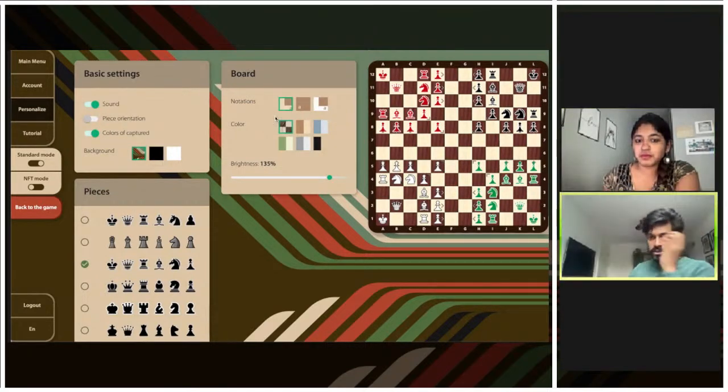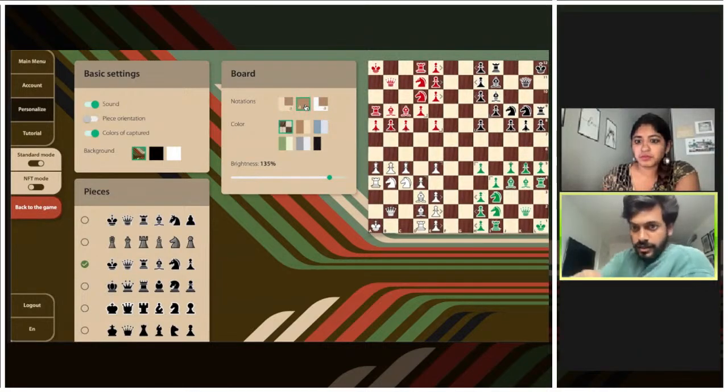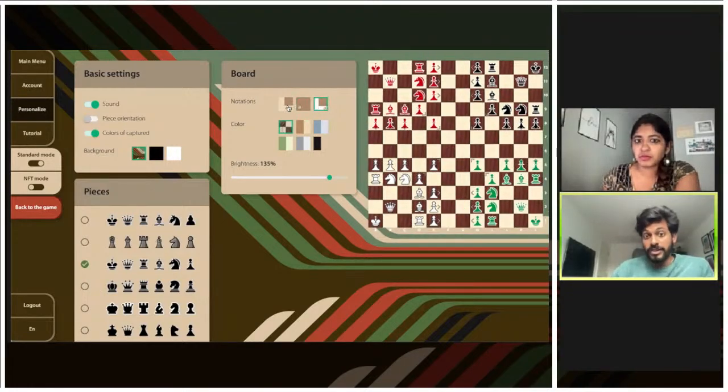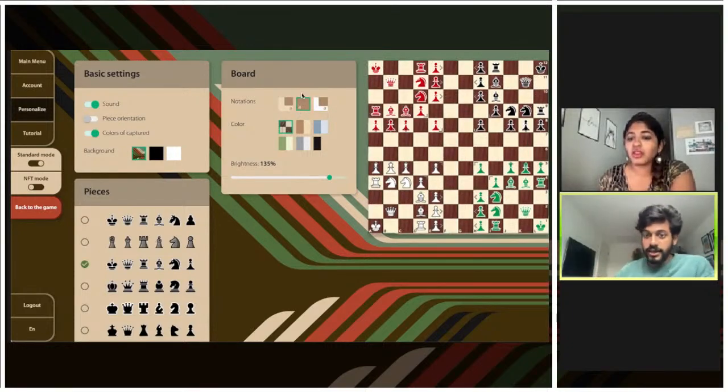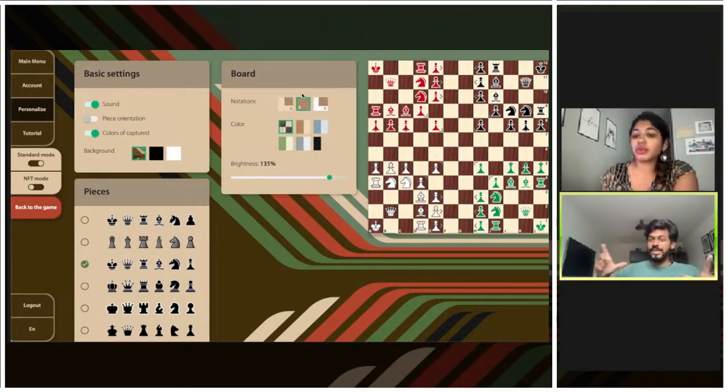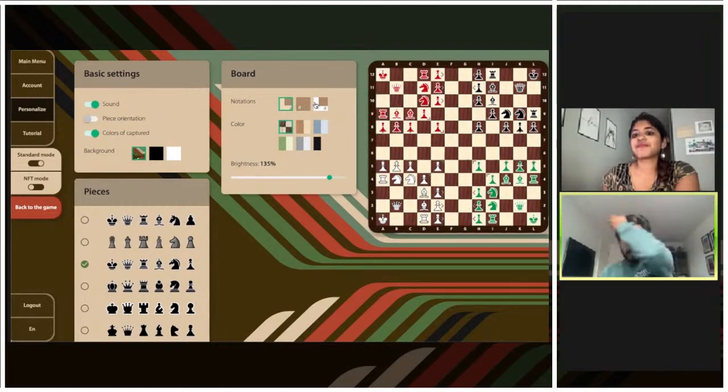Then you've got notation, where depending on what your purpose is, that might be useful or it might not. If you're playing, often people go with the one in the middle where the notation is inside the tile, and the reason this is useful is because this is the largest the board possibly can be, because otherwise the border is taking space. But if you're a watcher, for example, you might prefer the first or the second option, because when you're talking to somebody, it's very important that you're able to tell which square you're talking about.